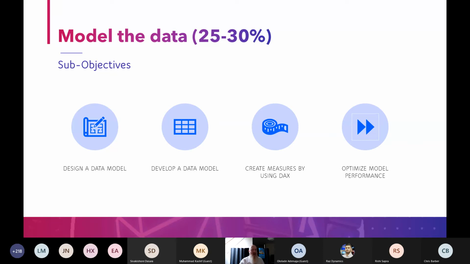Take calculated columns, for instance. If you create a calculated column, it's going to create a column for every single row in your data set, and that could increase the size of your data set. The bigger your data set, the longer it takes to do things. So you want to summarize, you want to aggregate, and you want to make sure your data types are correct. For instance, when you're doing relationships between two tables, integers work better than text strings. So can I use them? Can I change the data type? Can I convert? Maybe I want to transform my data to create an integer that I can join on.